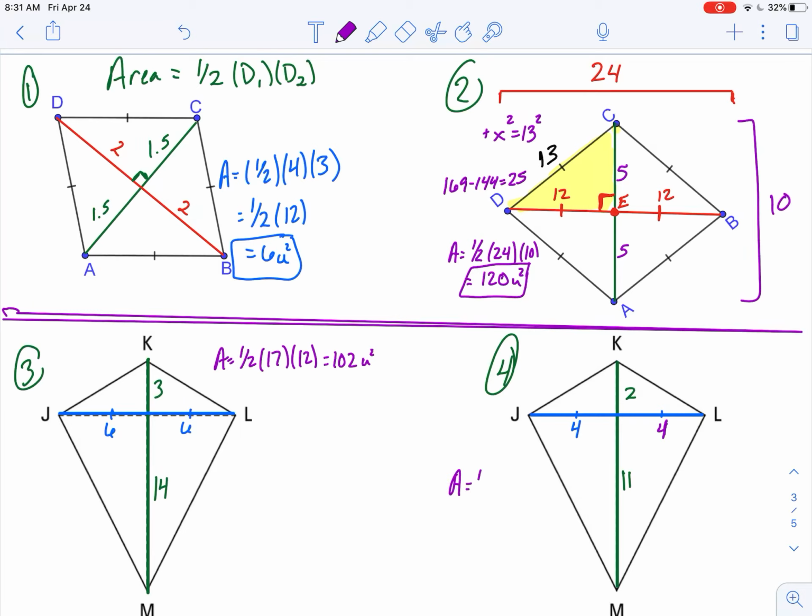And number 4, the only difference here is you've got to find this missing piece. But what do I know about diagonal JL? Well, the two parts of diagonal JL, when I cut it by the other diagonal KM, this diagonal here is cut in half. So this must be 4. So my area must be 1/2 of this whole diagonal, 13, times this whole diagonal of 8. So equals 13 times 4 is 40 plus 12 is 52 square